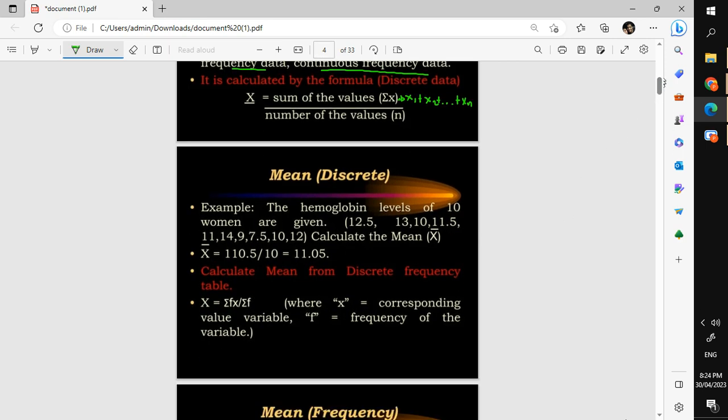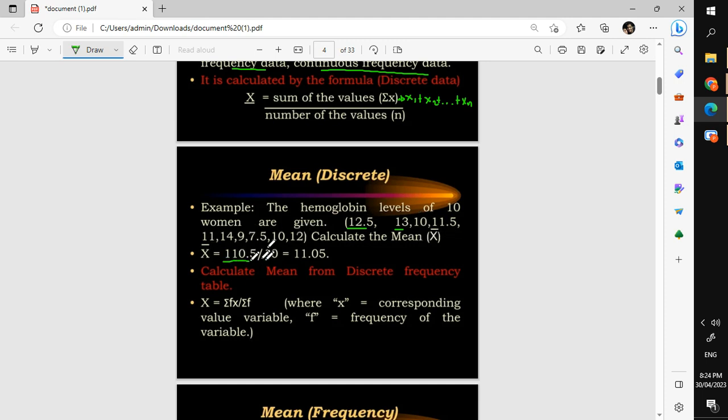Let's try to compute the mean for a discrete data. For example, the hemoglobin levels of 10 women are given by 12.5, 13, 10, 11.5, 11, until 12. So we will calculate the mean for this data. Basically, we will be adding all the values. So 12.5 plus 13 plus 10 plus 11.5 plus 11 plus 14 plus 9 plus 7.5 plus 10 plus 12. This will give us